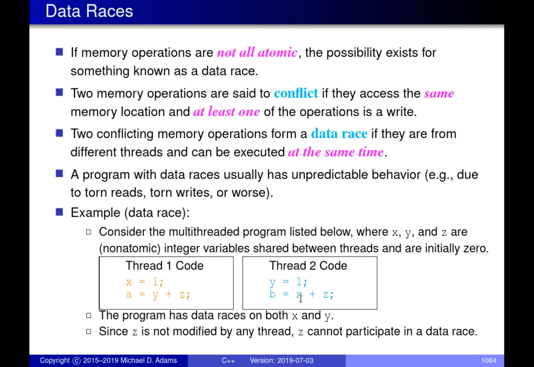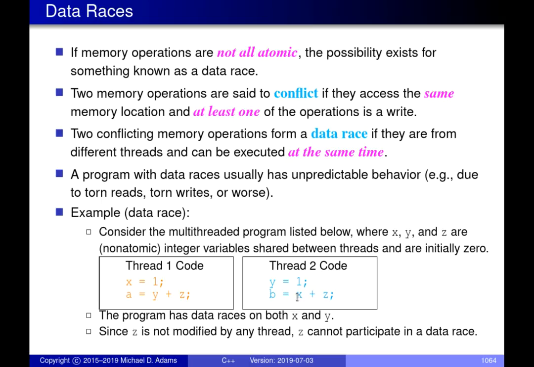But what makes it a data race is that these things can happen at the same time, because you could have the execution follow the following timing: while thread 1 is trying to execute this, thread 2 has already executed the first line. It's proceeded on to the point where it's about to read x. Then thread 1 starts up and it writes to x. So thread 1 is writing to x at the exact same instant that thread 2 is reading x.